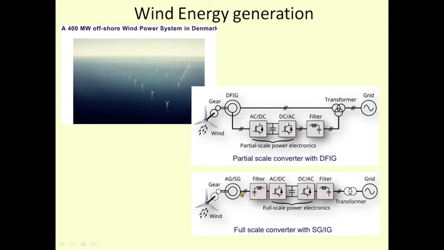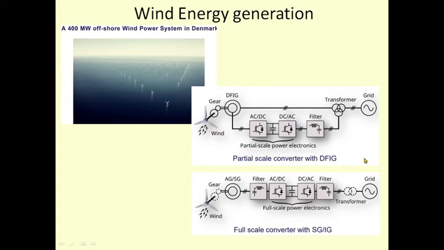Here, as we are connecting our power electronic system on the main path of the electric power, this will not be of slip power, it will be of main power. So that is why it is written as full scale power electronics, and here it is written as partial scale